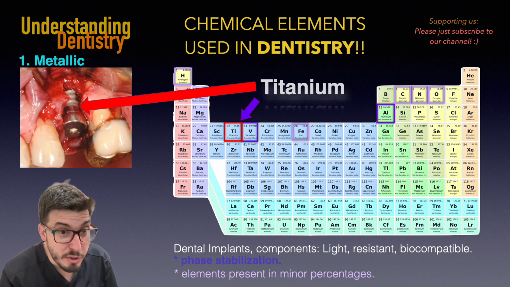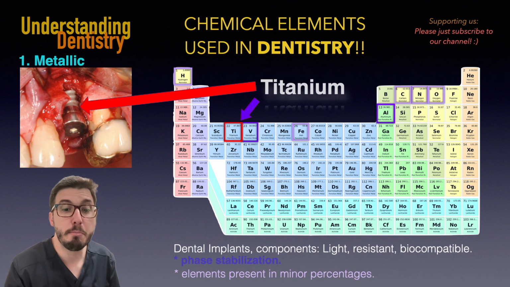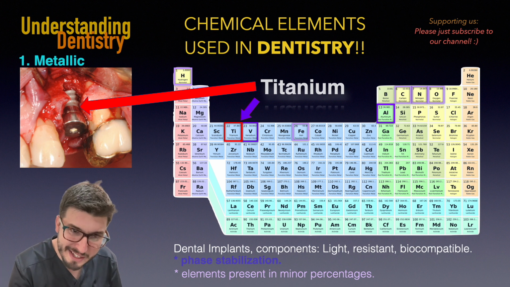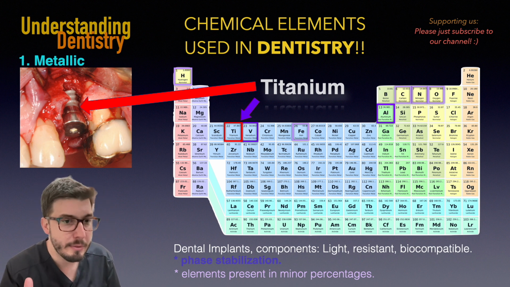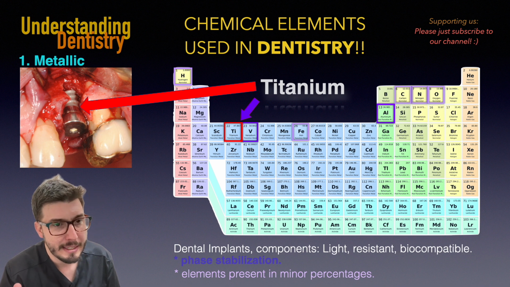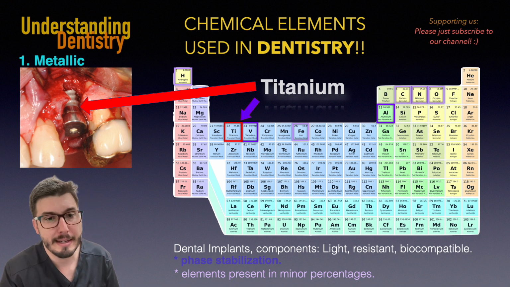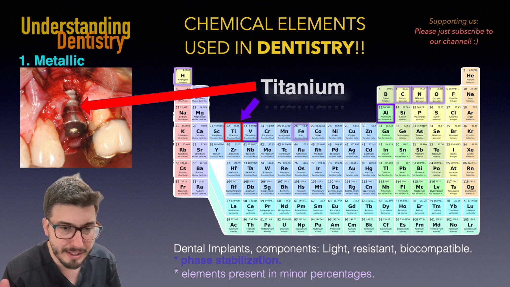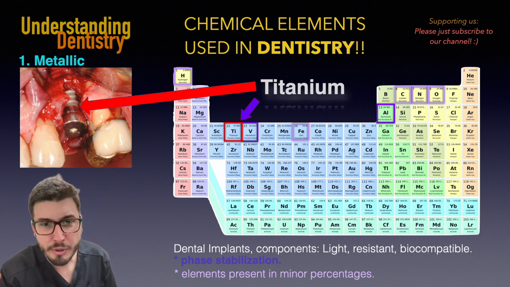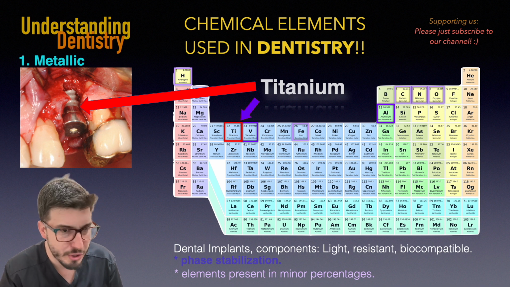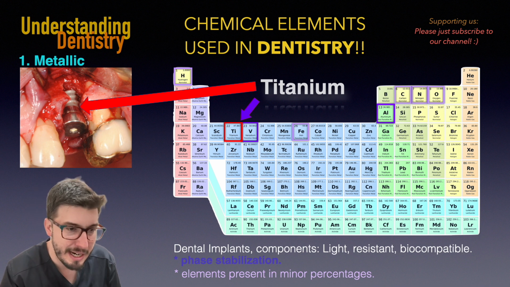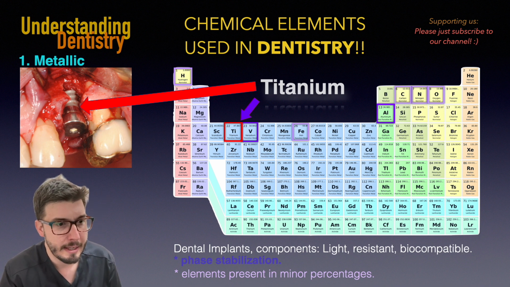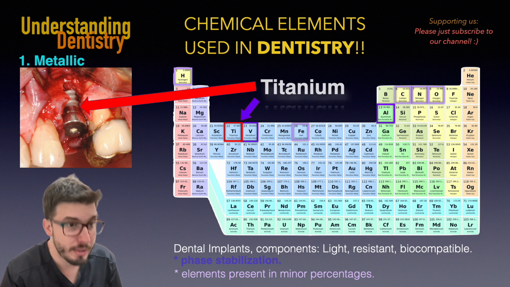Then we have titanium, which is lighter. It's a light material, it's biocompatible, it's resistant, okay? And usually we have the titanium elements there, but there are very important alloys. One of the most important is with aluminium and vanadium, all right? So this is basically the most important alloy. Maybe iron, carbon, nitrogen, and oxygen in very minor proportions can be there as well. But titanium, aluminium, and vanadium are the three main components of one of the main alloys described by the books.